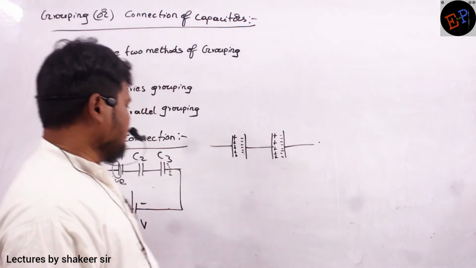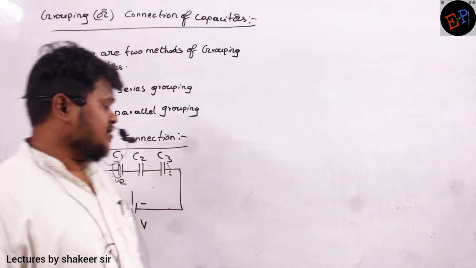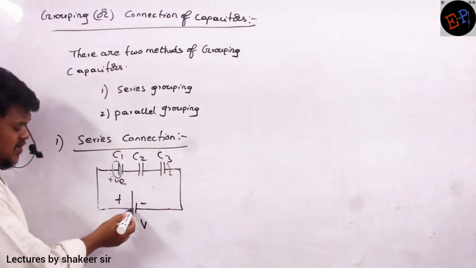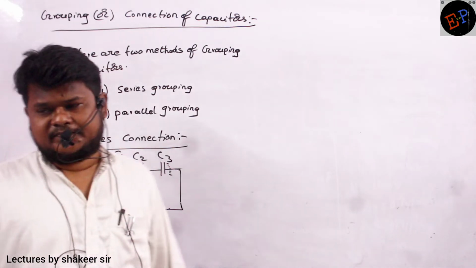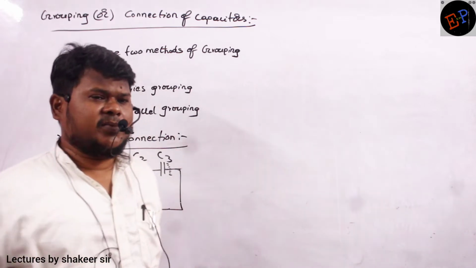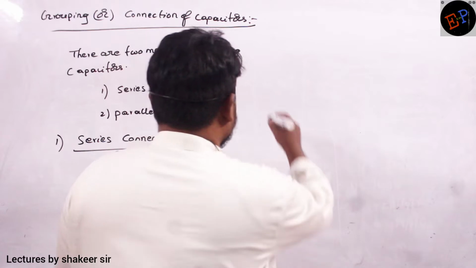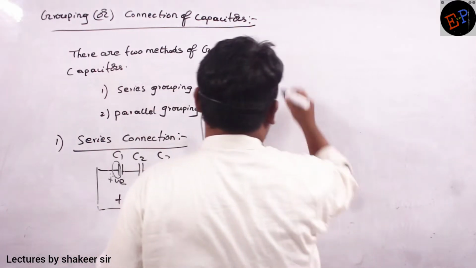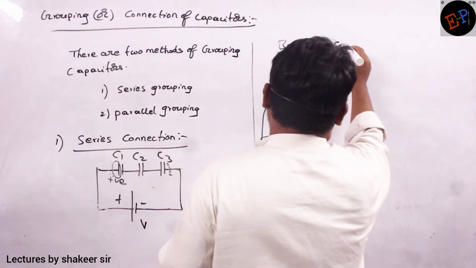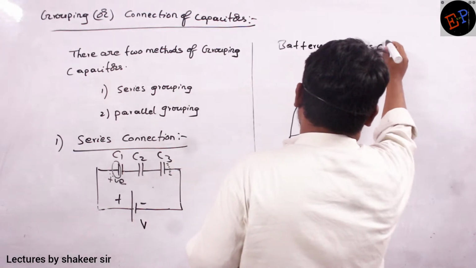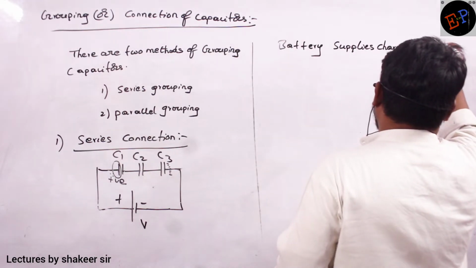Are you able to understand? Or in one more sense, for remembering easily, I can say that this battery supplies the charges to the first plate of the first capacitor, and all the remaining charges will be induced charges. I can say like this also. So what is the statement I have to write? The statement is that the battery supplies charges to the first plate of